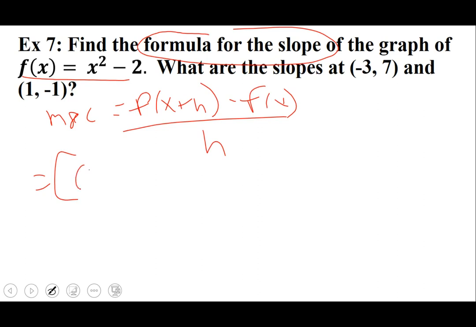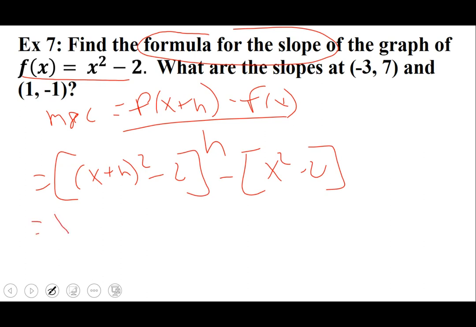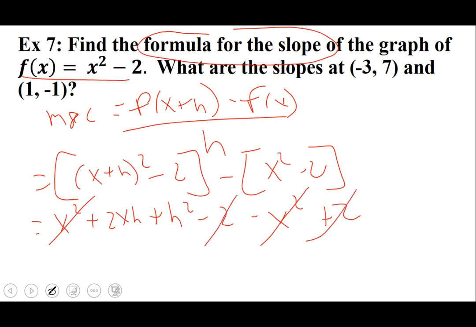So f of x plus h is going to be (x plus h) squared minus 2 minus the entire f of x, which is x squared minus 2. I'm going to drop my h in the denominator just for a second. I'm going to FOIL: x squared plus 2xh plus h squared minus 2, distribute. Cancel the x's, always should happen. Cancel the 2's, always should happen. That is going to leave me with